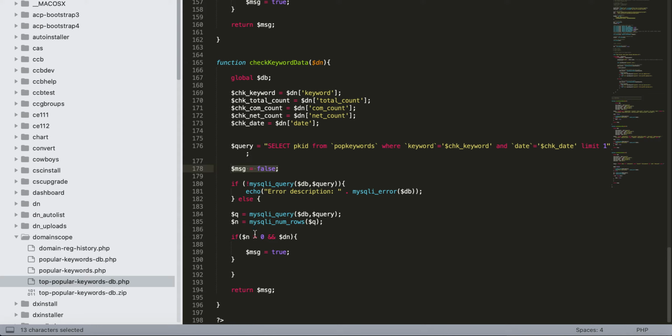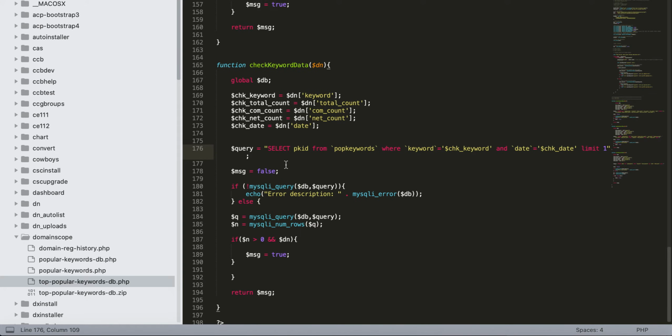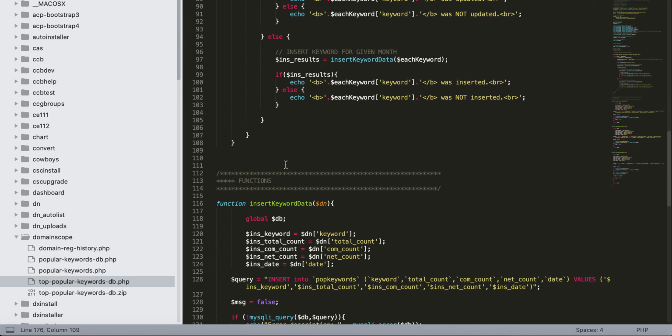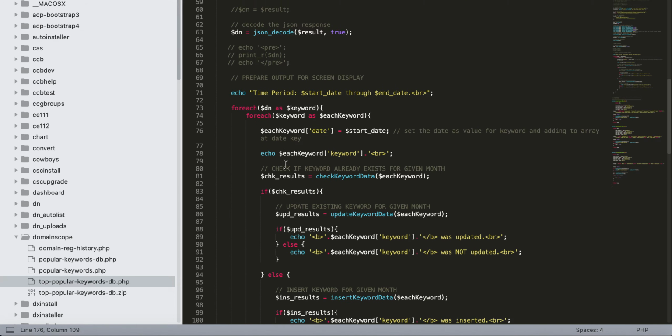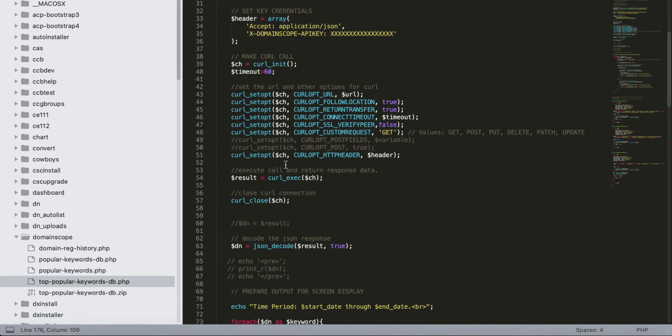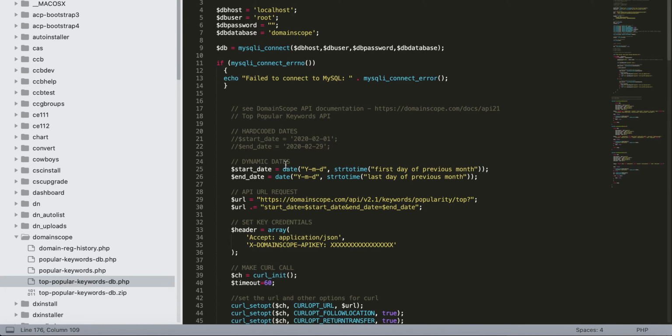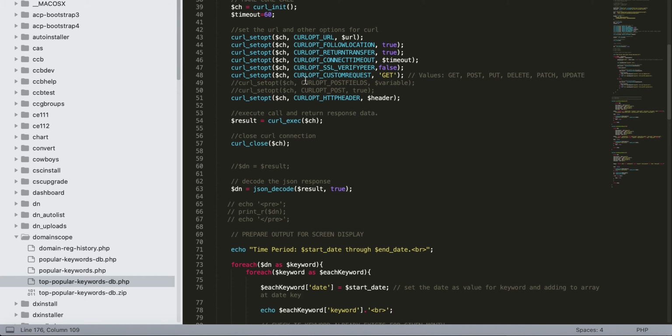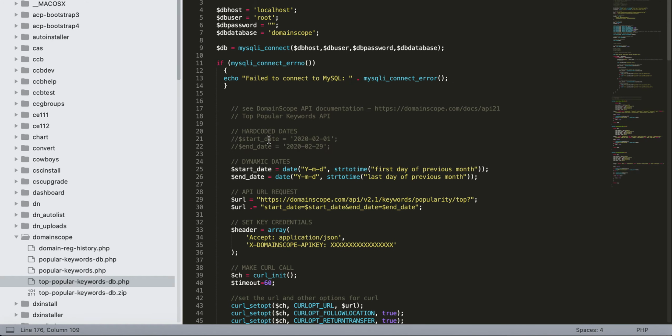So if none of this code works out below, it'll return false, meaning that, hey, we didn't find a keyword in there. And so it might be a lot. You'll probably have to watch the video a couple times, but like I said, it's pretty easy to get. So go through this video a number of times and learn, Google the many different things that you see here. And there's enough out there that should be able to help you